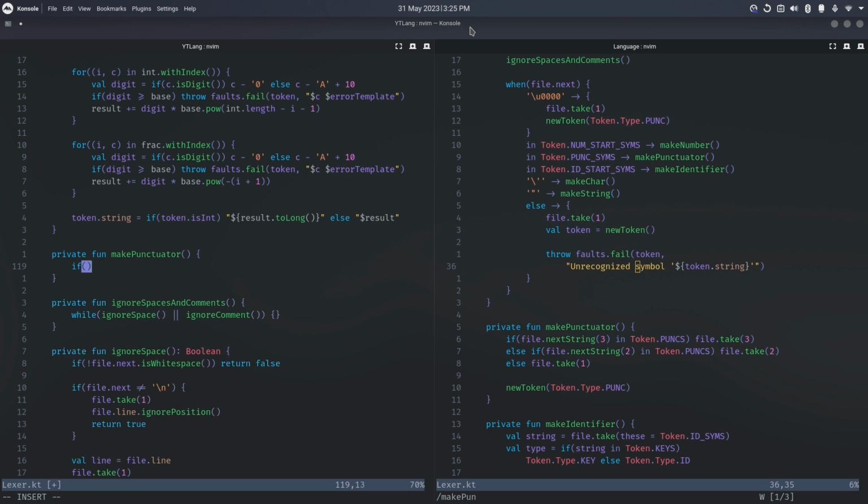If you have syntax where you want to add more conditions than 3, you'd probably want to do it in a better way than this, but it actually wouldn't be that hard. But essentially, just because we only have 3 of them, we don't need a loop. You could do a loop if you wanted to. But all we have to do is check if the next string of 3 things is in token.punks,